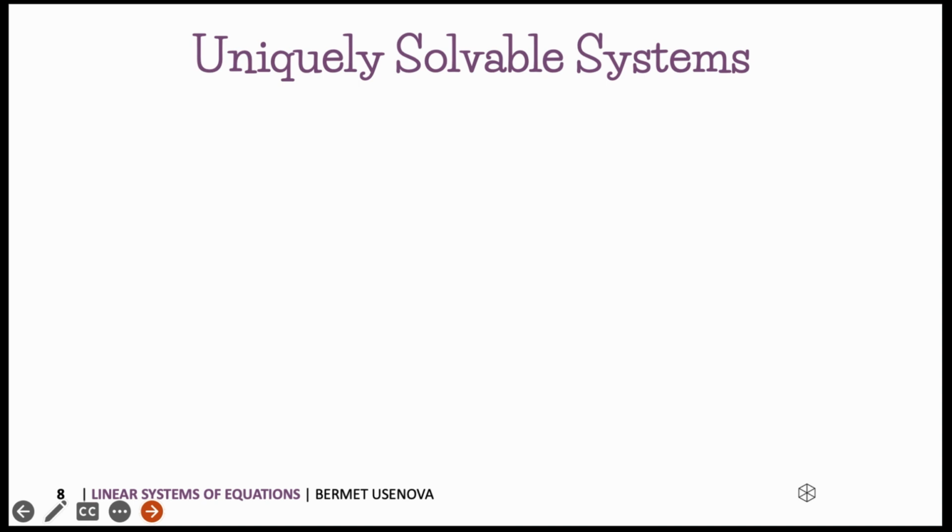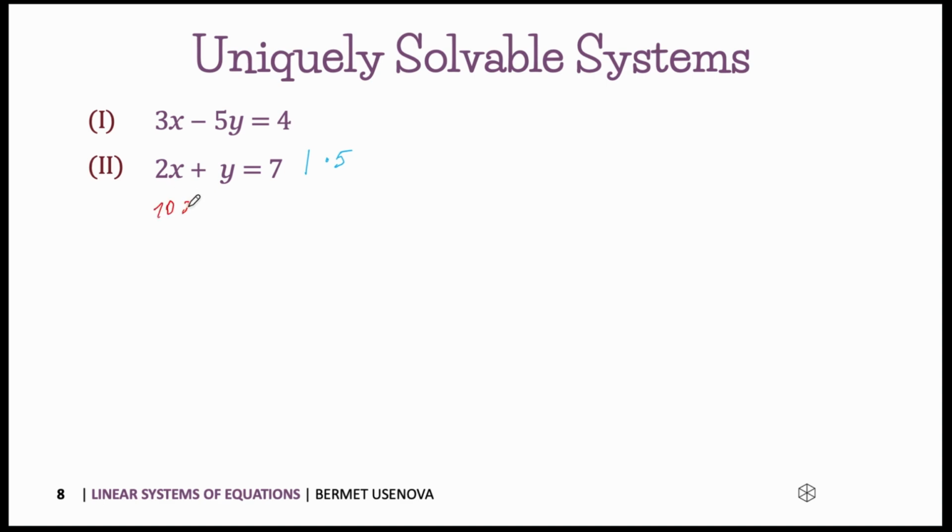Let's say we have this system of two linear equations. We can solve it by using the addition method and get a unique solution. So we can multiply the second equation by 5, which will give us the following equation: 10x plus 5y equals 35. So this is the second equation. And then we can add them. By adding them, we will get rid of 5y. So adding these two equations will give us